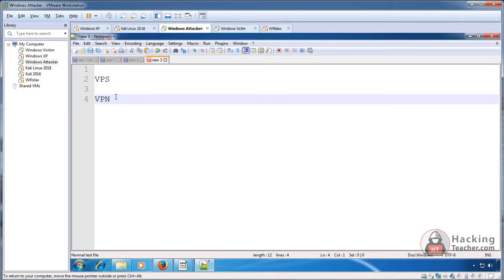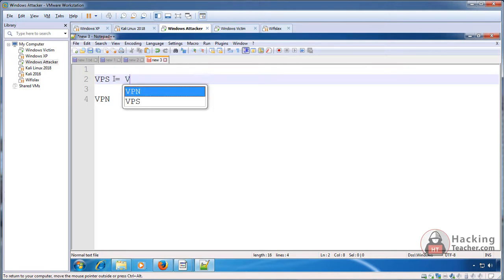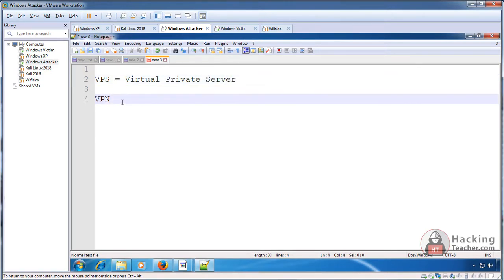We'll do that separately. But there are some VPN companies who also provide you a static IP, so VPN is also used for that perspective. Let me explain both. VPS is virtual private server and VPN is virtual private network.